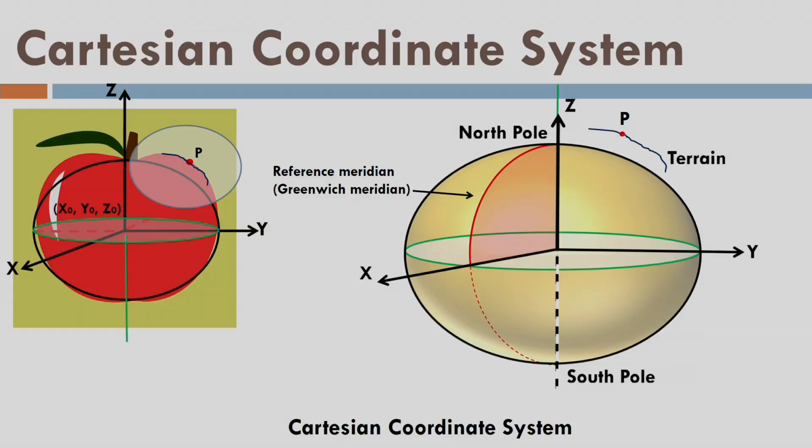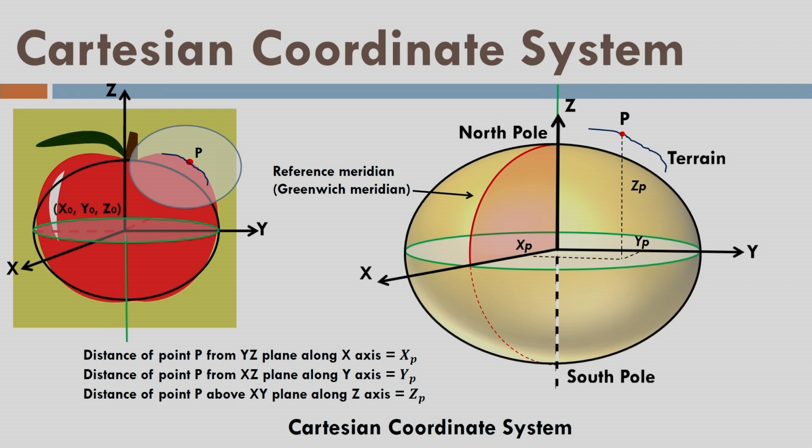This is my Cartesian coordinate system for the Earth. So let's say point P, which is zoomed here. Now for point P, I am drawing ZP, XP and YP. So this is my Cartesian coordinate system, and I am defining the Cartesian coordinate system for the geodetic or geocentric reference frame for the Earth. Well, you can read it yourself that the distance xp is the distance of point P from the YZ plane along the x-axis and so on.